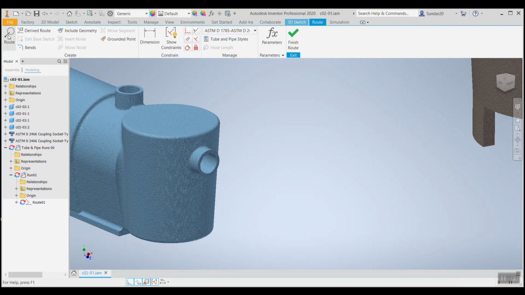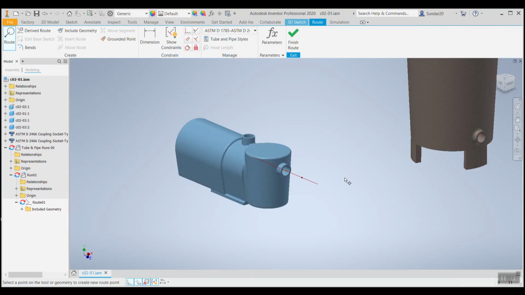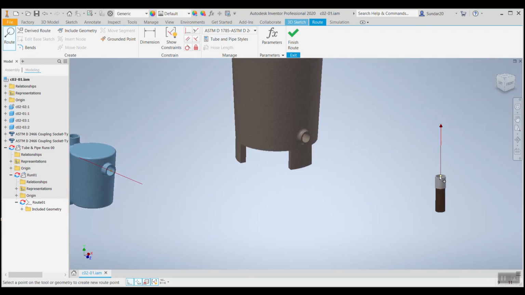So go to route, select the area which we need to route first, and this has to be connected to this drain pipe, and Inventor will give you the automated routes, and you can click over this arrow mark to see the different variants which Inventor is going to suggest to us.